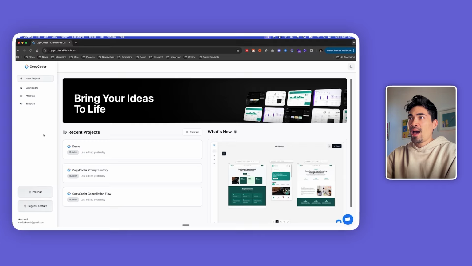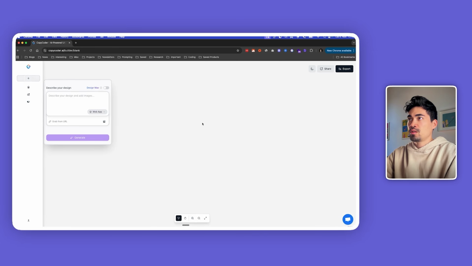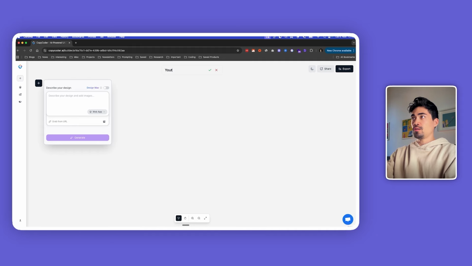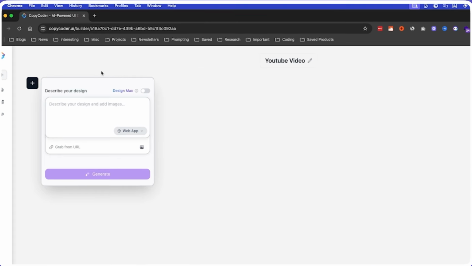So let's go into the app here, and you can see that we've organized things by projects now. I have a bunch of projects here already, and I'll just create a new one for this video. So we're going to create a new project. I'll call it just YouTube video. And then you'll see this modal here open up. Maybe you know it from before, but this is basically where you can type in your prompts and start creating